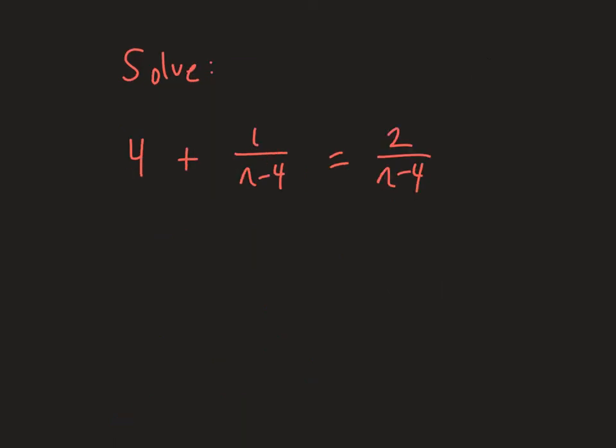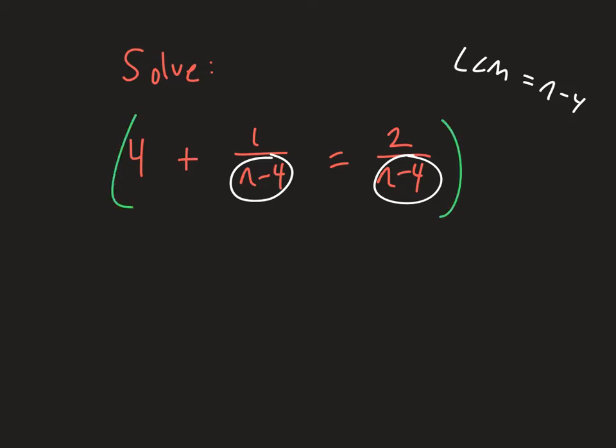Okay, another example here. 4 plus 1 over n minus 4 equals 2 over n minus 4. Okay, and again, same kind of thought process. All I'm worried about is I want to get these fractions out of the problem. I want to make myself have an easier equation to solve. So the least common multiple of n minus 4 and n minus 4 is just n minus 4. So that's what we would be using if we were going to make it a common denominator. But since this is an equation again, instead of getting a common denominator, let's multiply the entire problem by